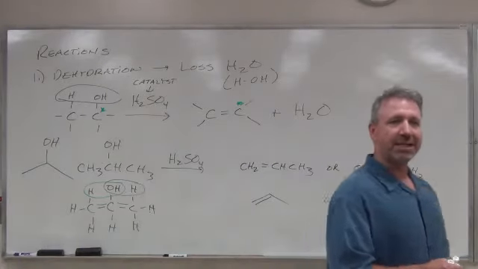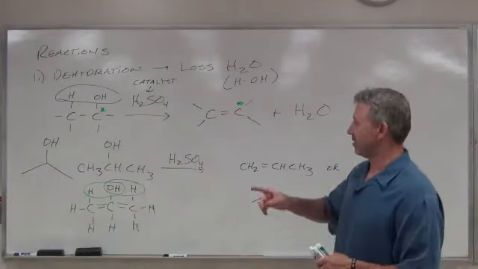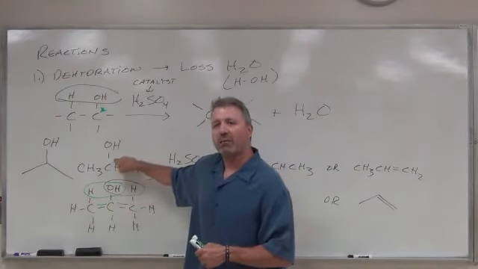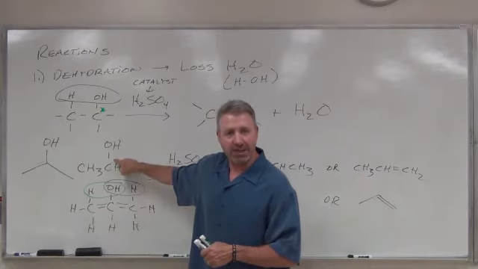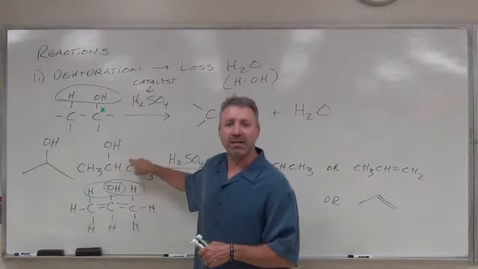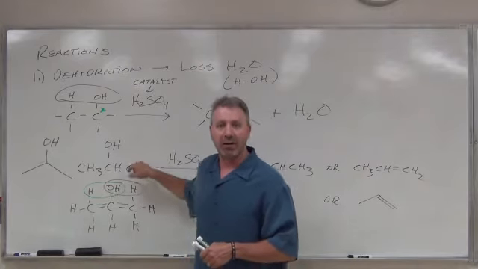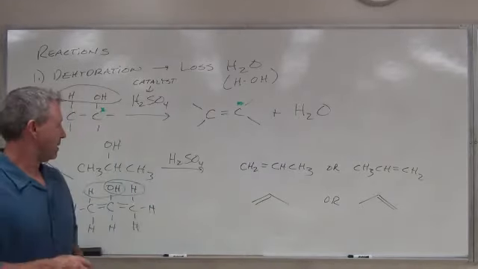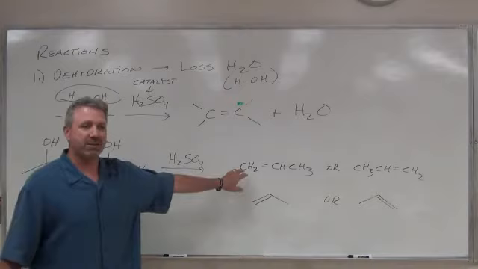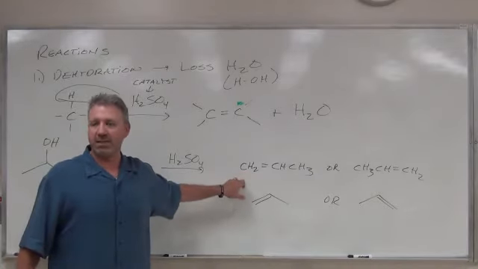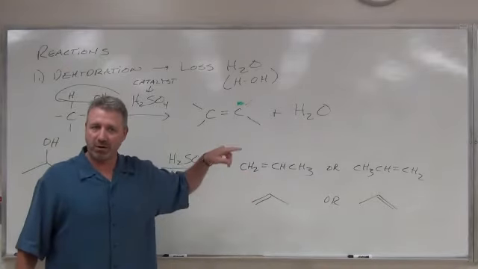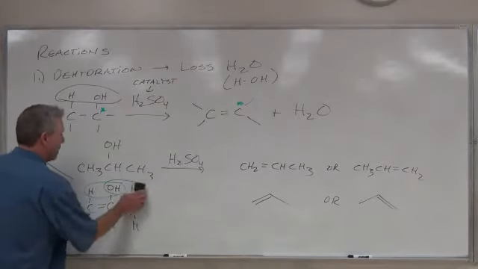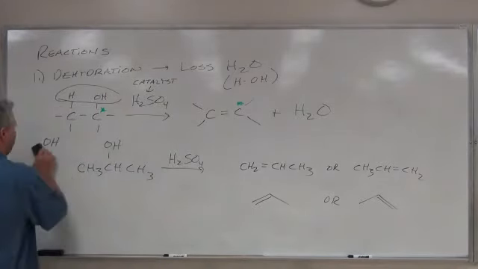By and large, the easiest way to do this is to locate the OH group and know that you can draw a double bond between the carbon that contains the OH group and any adjacent carbon that has a hydrogen. Those are your potential double bond positions. Okay? And most of the time, it's going to give you the same thing, at least in here. You're going to get the same one no matter where you do it.